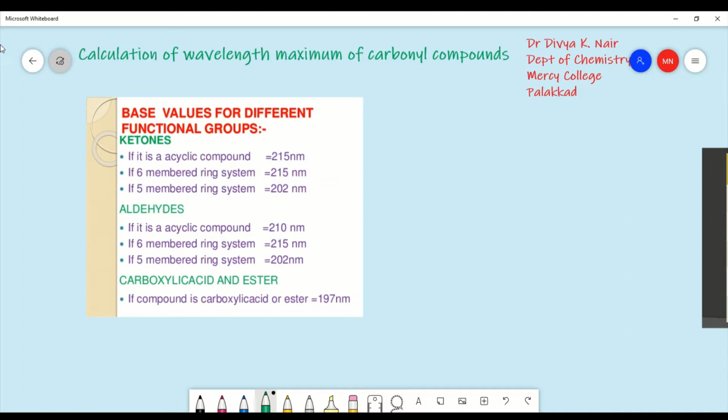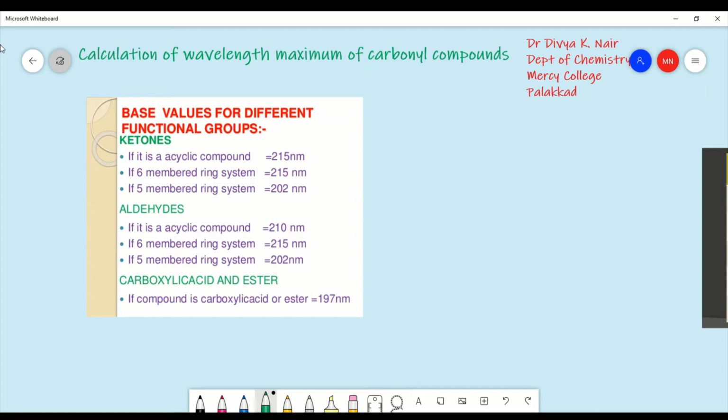Hello everyone. In this video, I will be discussing the calculation of wavelength maximum for alpha, beta unsaturated compounds. It may be carbonyl compounds, maybe aldehydes, ketones, esters, etc. So we have seen the presence of ethylenic double bonds, that is simple dienes, causes high intensity of pi to